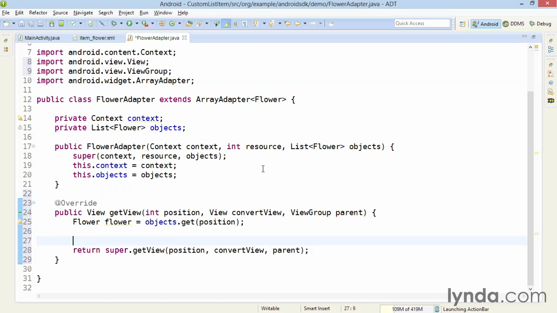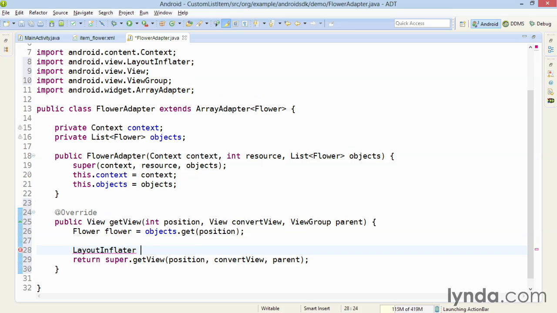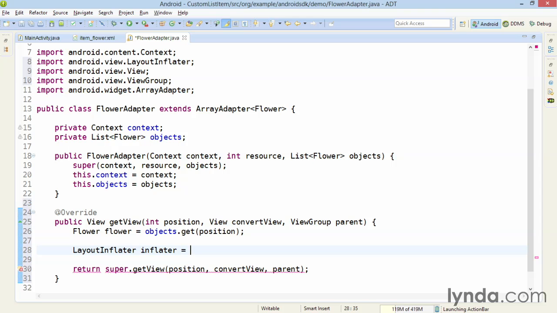The next step is to create the view object, and this is going to be an instance of the layout that I just created. That's the custom layout that's presenting an image and a text view. You do this with a class named LayoutInflater. I'll type the name of the class and make sure I've imported it, and I'll name it inflater. And I'll get its reference by calling a method named getSystemService. This is a method of the context class, and this is why I saved a reference to the current context here. Now I'm going to use it to get the inflater object with